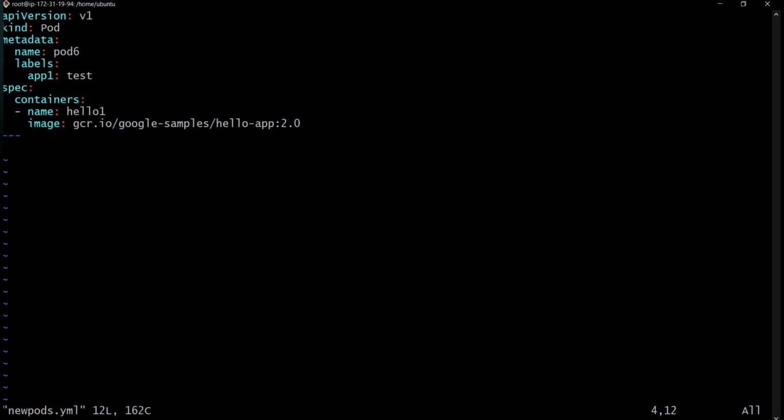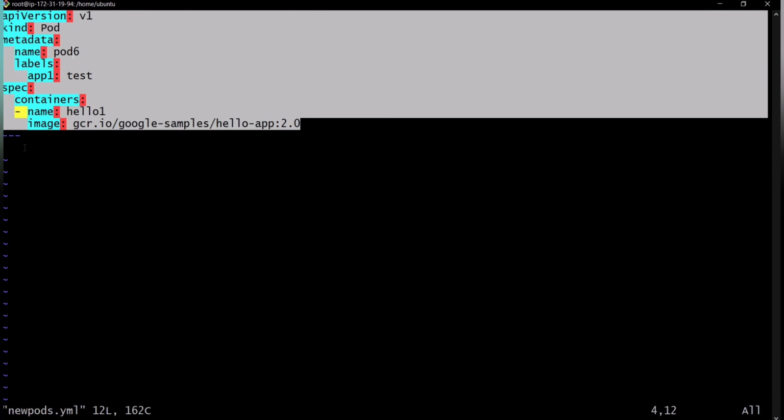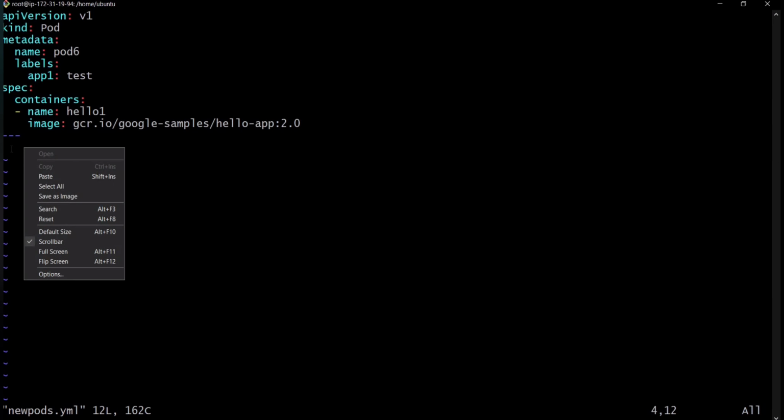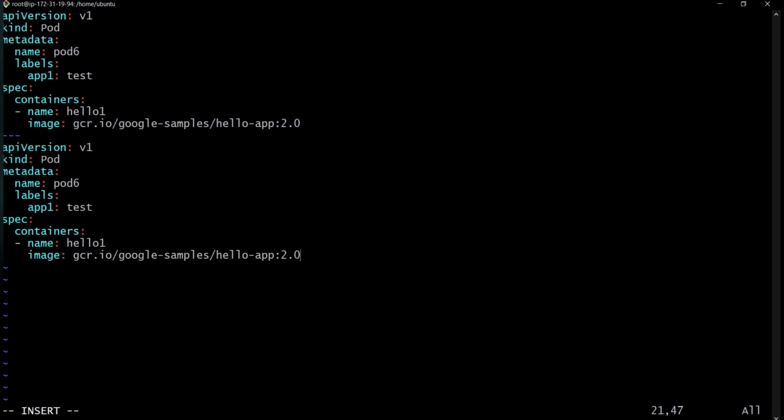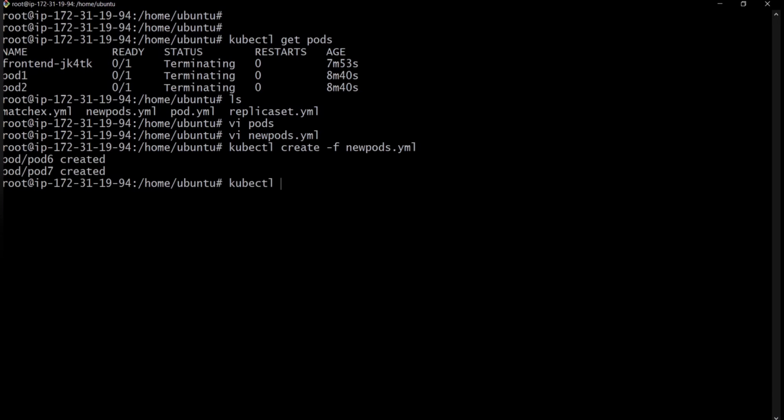Okay, so what we are doing here, we have to create one more because we already deleted. So here we have to define the app label as qa. Okay, so create the pod, kubectl create -f new pods.yml. 2 pods are created. Now kubectl create